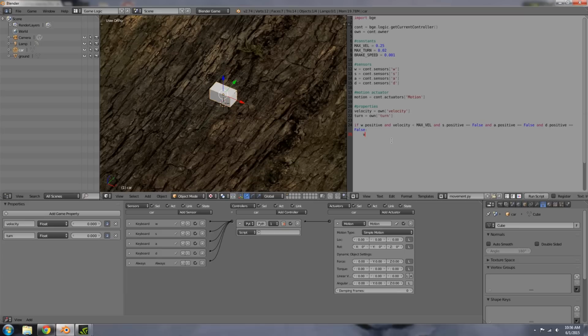So velocity plus what is equal to, so here we need how fast we want it to accelerate. So let's put acceleration in here. So accel is equal to 0.01. Right, so okay, so in here let's put accel. And then what we'll do underneath that is